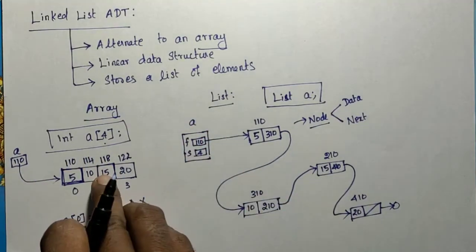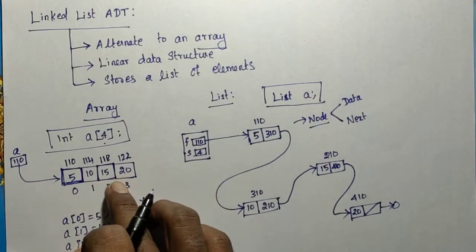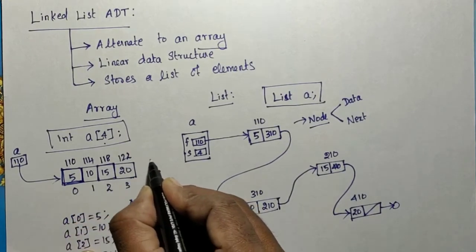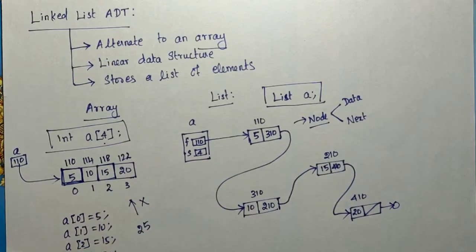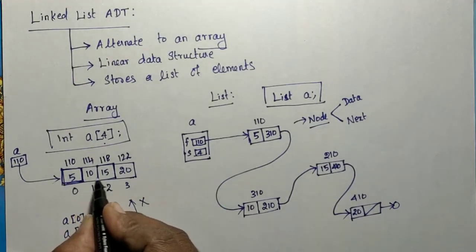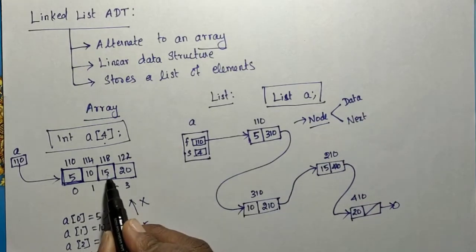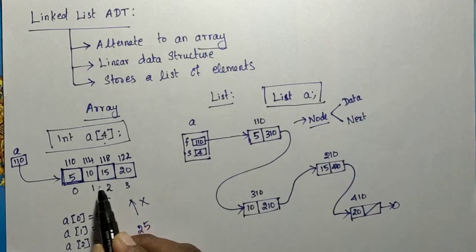It means that I need to make this an empty. I need to rotate all the elements after that 15. That 20 has to be shifted to here. After that, the element should be shifted to here, like that. So that 5, 10 and 20 and an empty space will be there. But the thing is, the 15 is possibly to be deleted from the array.